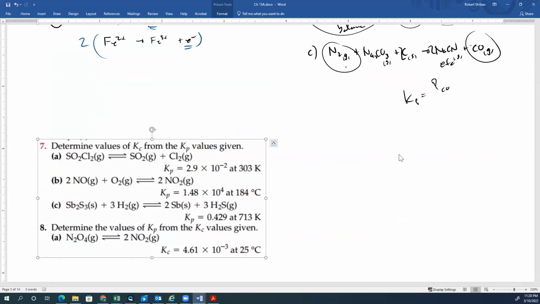So KP is equal to, now this equation, KC RT to the delta N of gas. So we're solving for KC. Okay, so that means KC is going to equal 1.48 times 10 to the 4th, KP divided by RT. R is